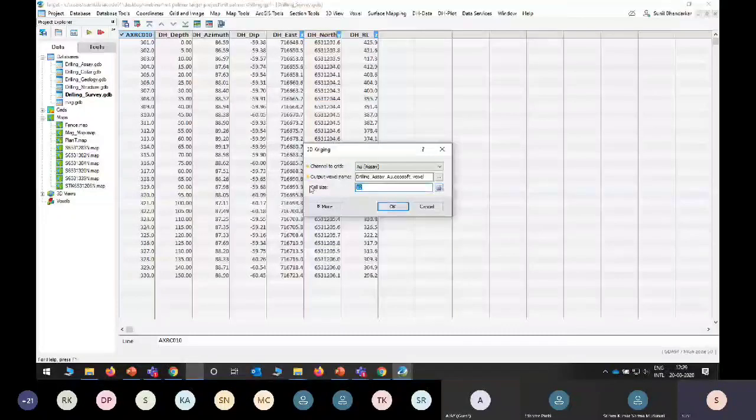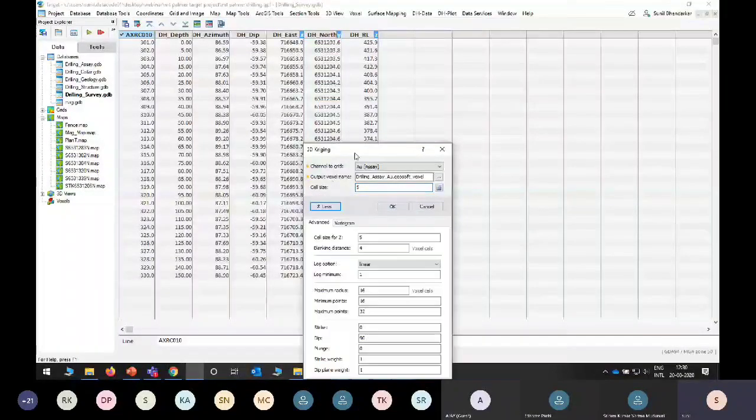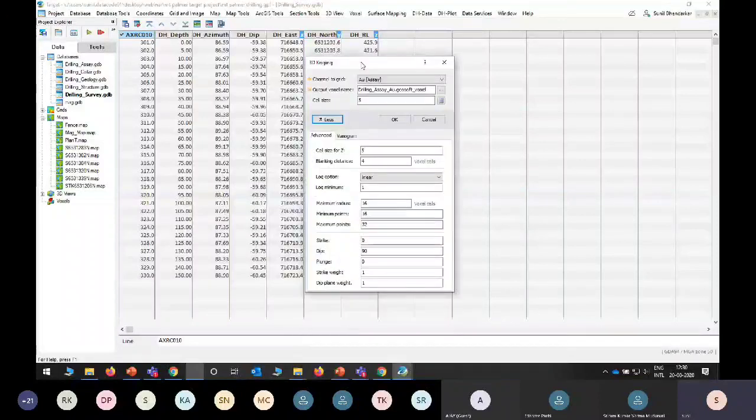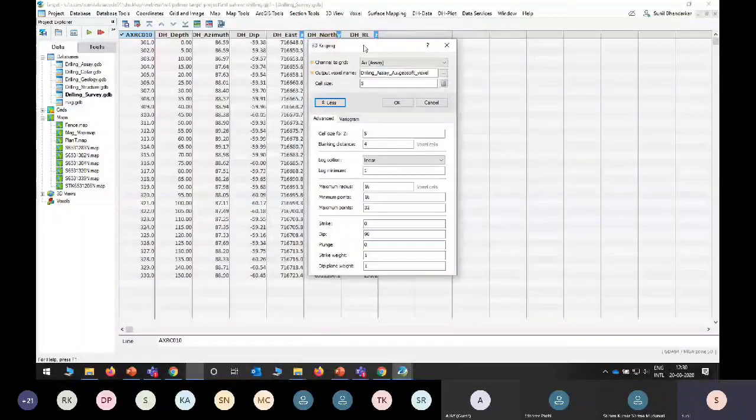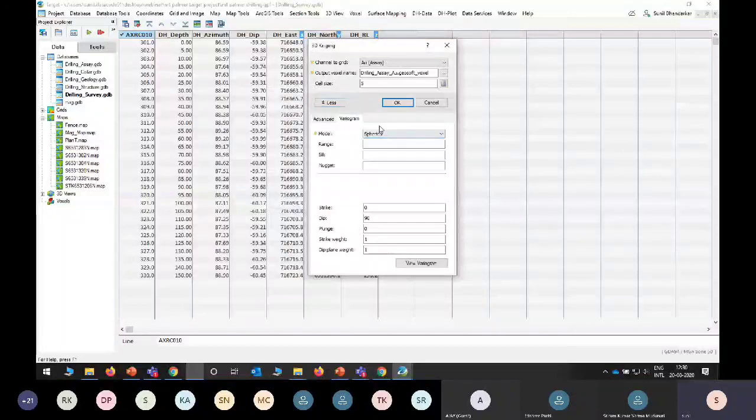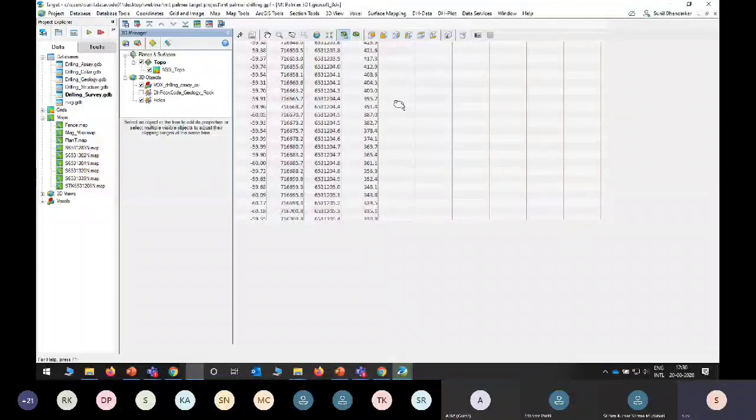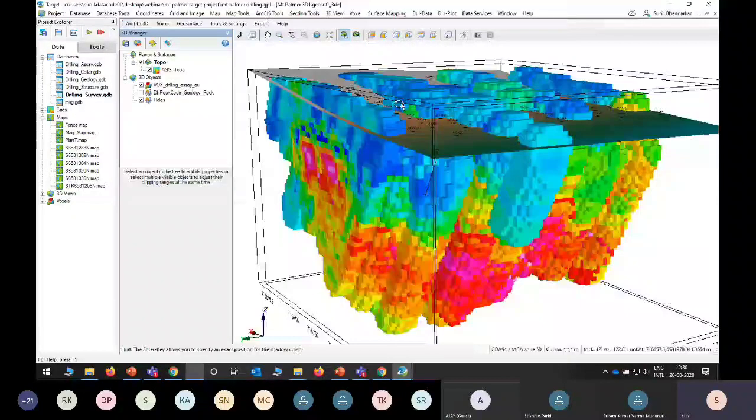We also have a few more options, plunge and strike weight, that we need to check. You can check the variogram with respect to a spherical model, Gaussian model or exponential model. That is all geostatistical techniques. Accordingly, your model will be created with respect to that kind of accuracy.